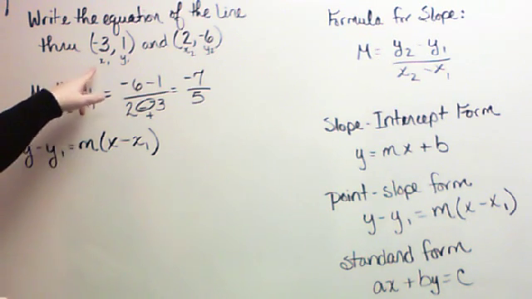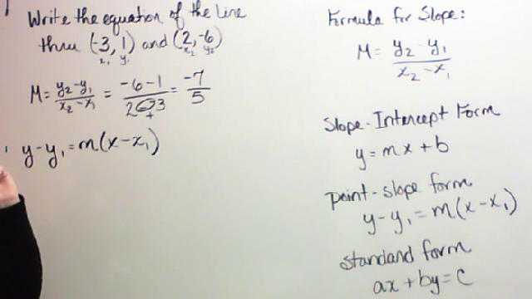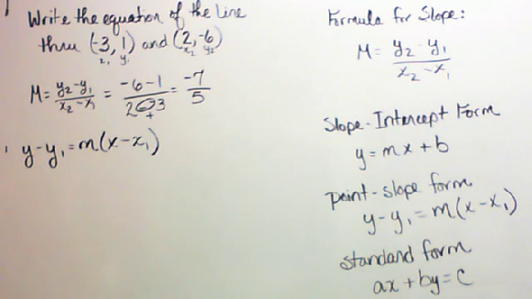But since I've already labeled an x1 and a y1, that's the point I'm going to use. I will say this, there are problems on the test where you have a 0 in one of your points. That always makes that point easier to use. So make sure you use the one with the 0 in it if that's an option. Okay, so for this problem,